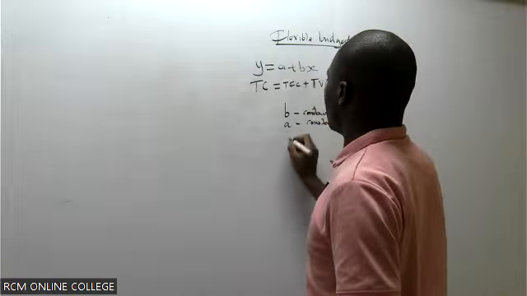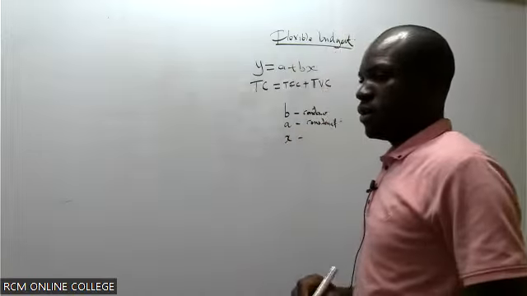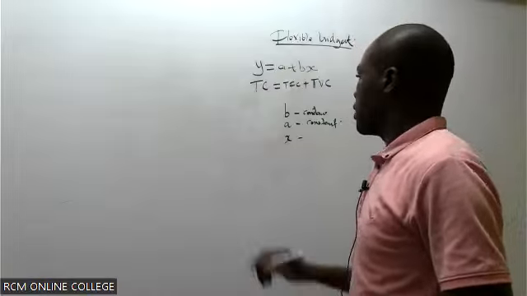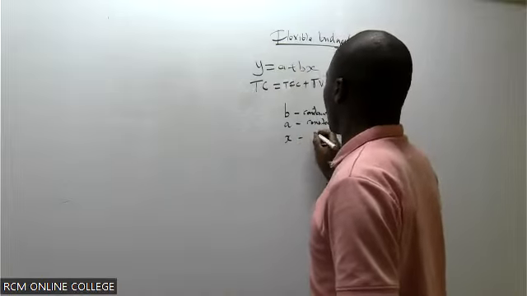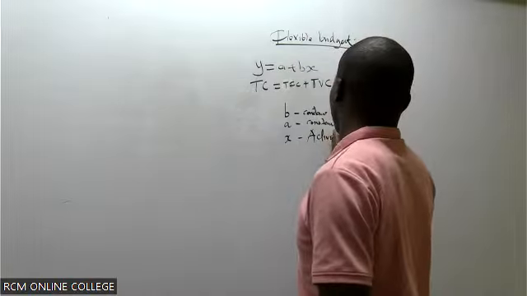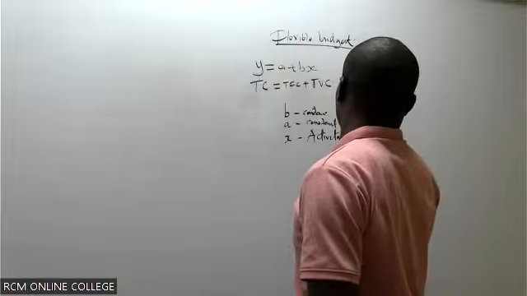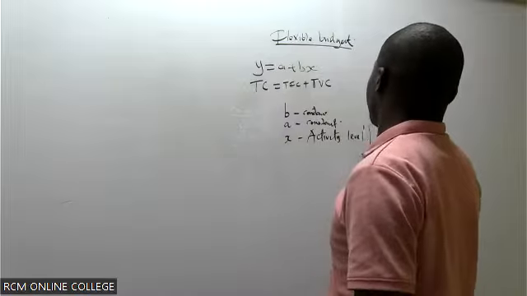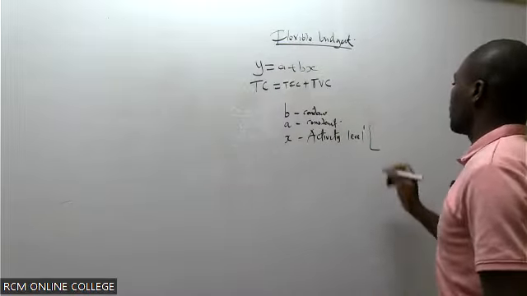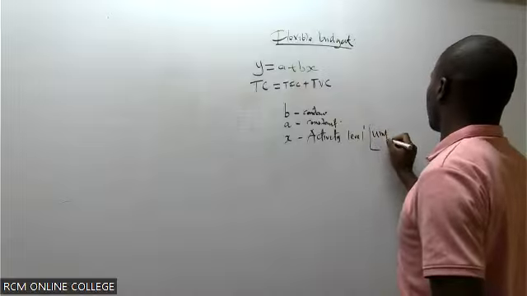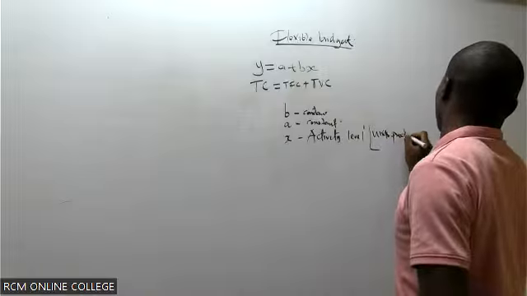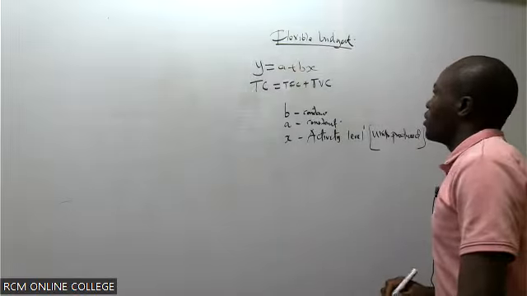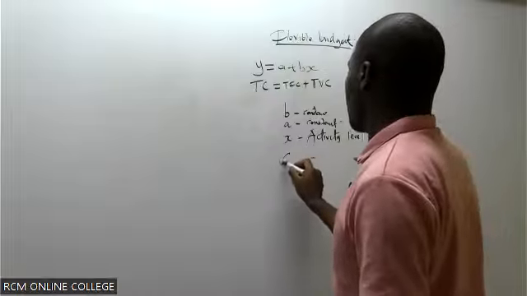The only thing that's going to change is what? X. This X here is what you call the activity level. And when you're dealing with budget here, this activity level in most cases will be units produced. So utakuwa unaona in an exam, the examiner is telling you 60%,